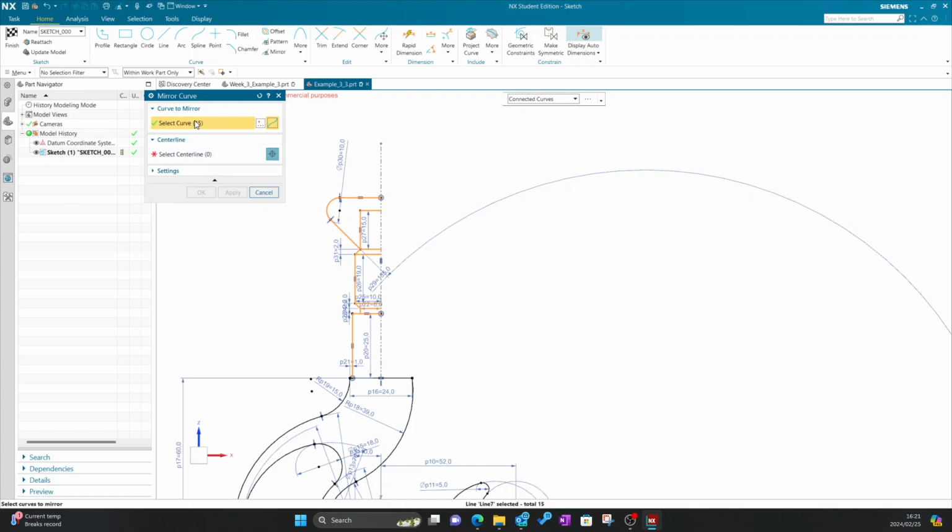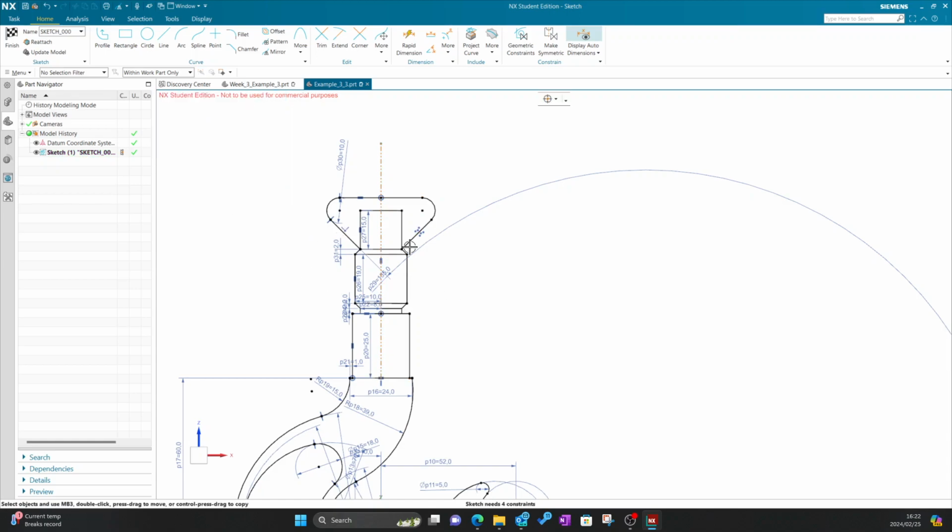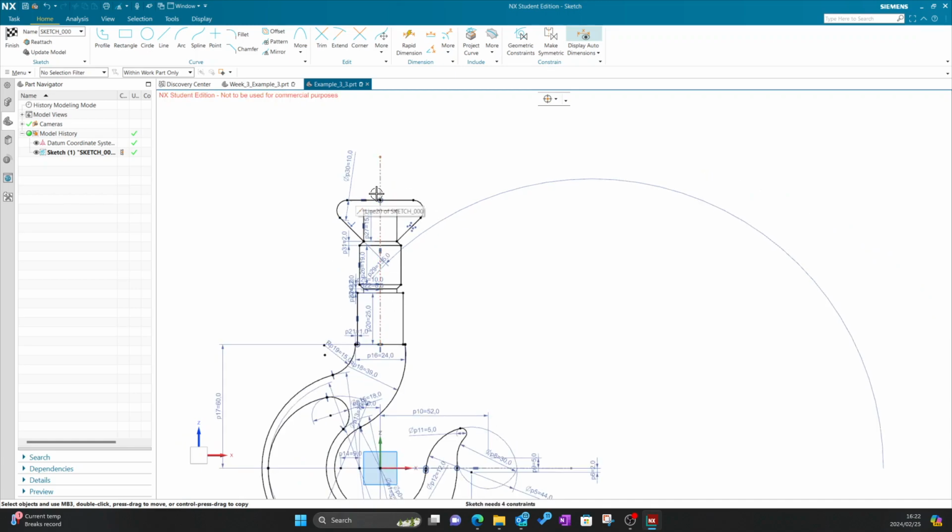So the first operation to do is by selecting a curve, and then you select the center line. Our center line in this case will be the reference line, and once you click on that, it will mirror all those features about the center line. And if you click OK, there you have it. So there's the center line. Yeah, there's the feature. You only draw the left hand side, use the mirror feature, and now you have this